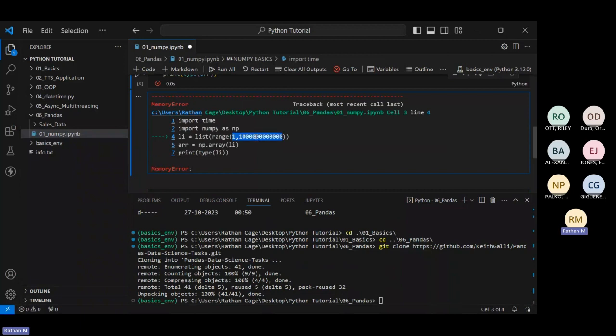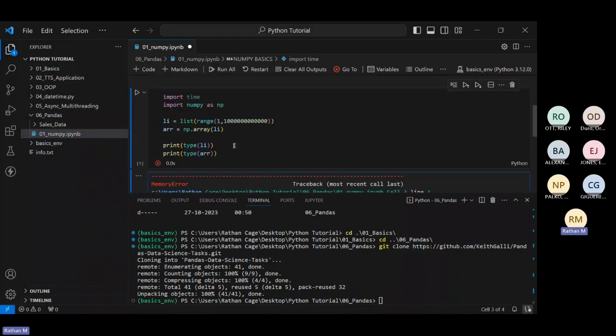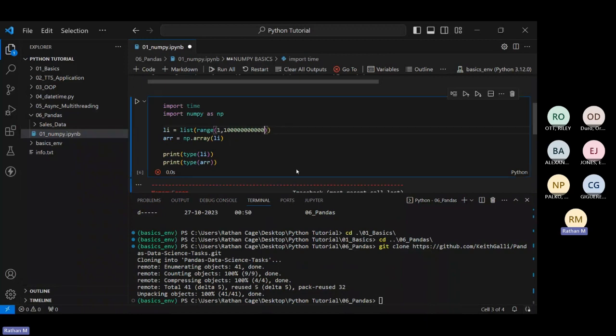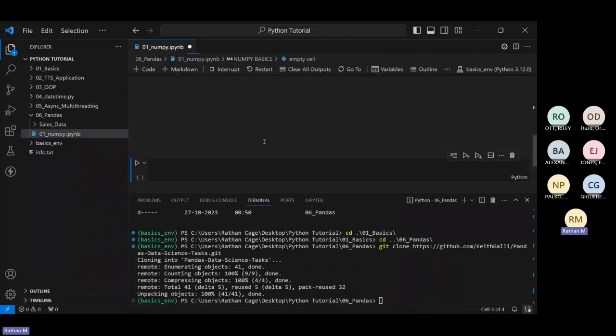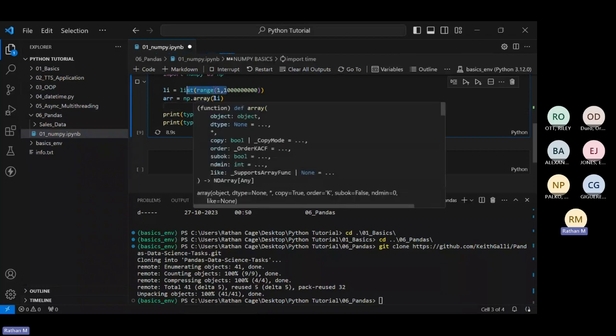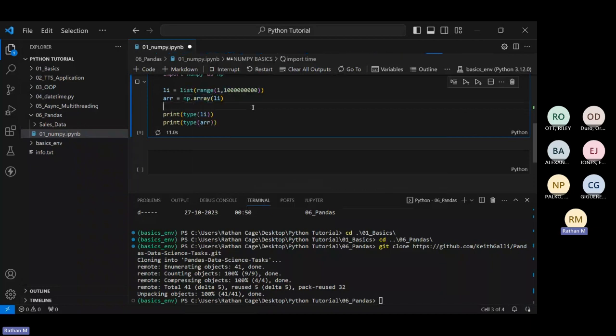I think I took too many values. It says out of memory. Let me try again if it has refreshed the memory. No, it hasn't. Let me reduce one value. Still doesn't work. Let me reduce one more value. Okay, there we go. Now it works. We have reduced quite an amount of values. So we're just storing it in a list and then we're just storing it in an array. This might take a few seconds. Of course, it takes too much